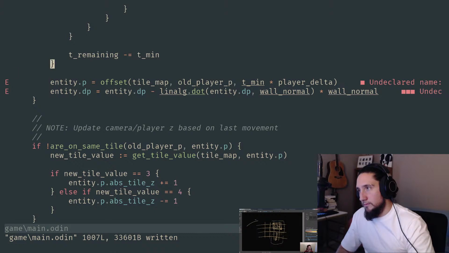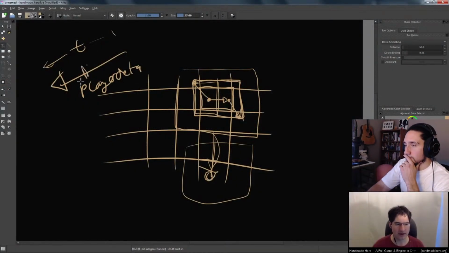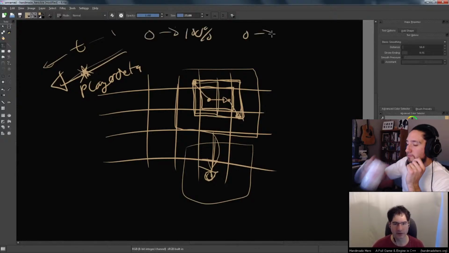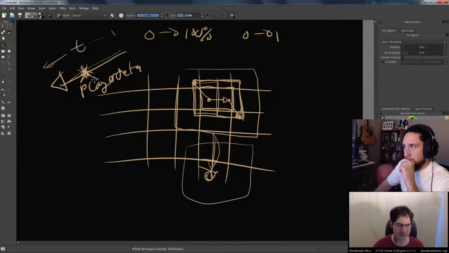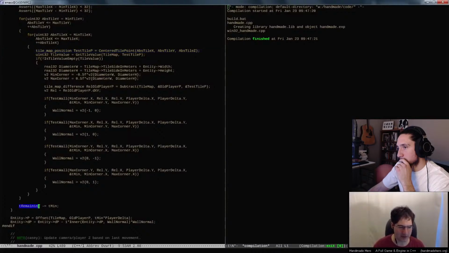So what we have to do here is say, all right, here's our player delta, and our t is how far along this we've gone. So what our t in tells us is where we stopped along this line. It tells us a percentage, from 0 to 100%, so it ranges from 0 to 1, where we stopped. If we went all the way to 1, all the way to 100%, we're done. So we always take whatever our t in comes out and we subtract from how much we had of t